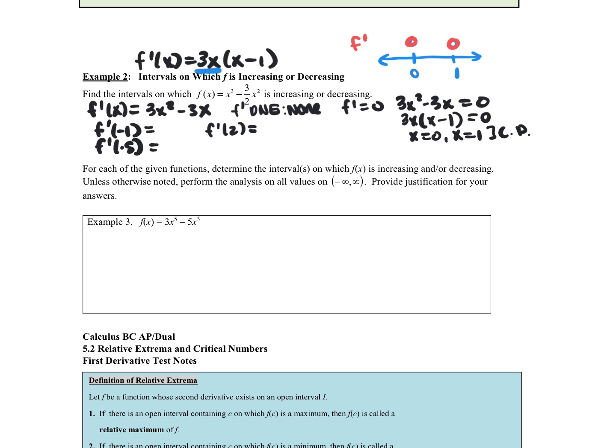When you plug in -1 here, that number will be negative. If you plug in -1 here, that number will be negative, and a negative times a negative is a positive, right? So this will be a negative times a negative